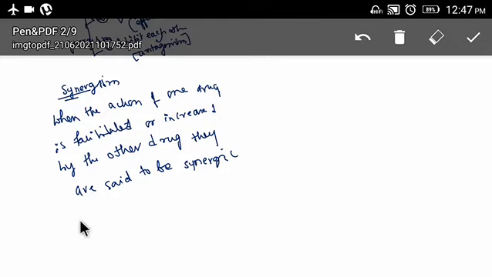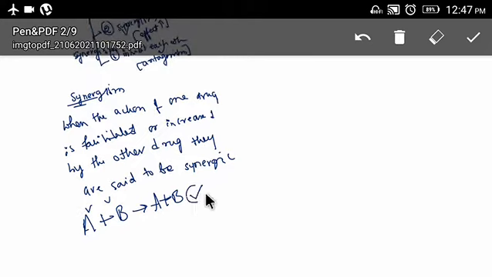So suppose you are giving A drug, and you are also giving B drug to the patient. Now the effect will be A plus B. If the effect is A plus B, then it is called additive synergism. Now in the second case, you are giving the two drugs, but this time the effect will be